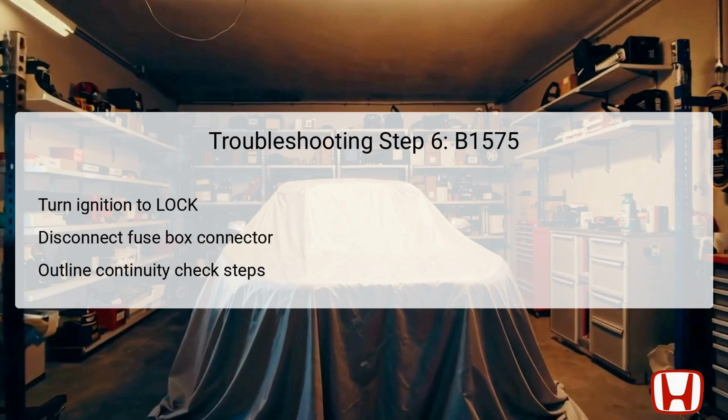If the voltage measured in the previous step is not around 5 volts, the technician should turn the ignition switch to the lock position again to ensure safety. Next, the passenger's under-dash fuse relay box connector D, which has a 28P configuration, should be disconnected. This step prepares the system for a continuity check that will help verify if the circuit is appropriately functioning between